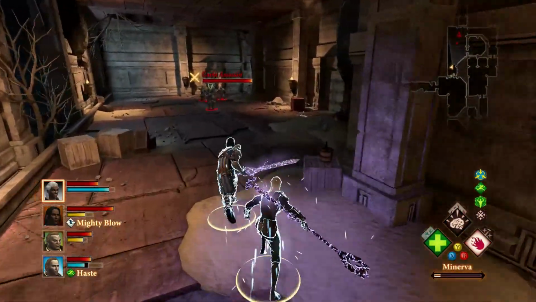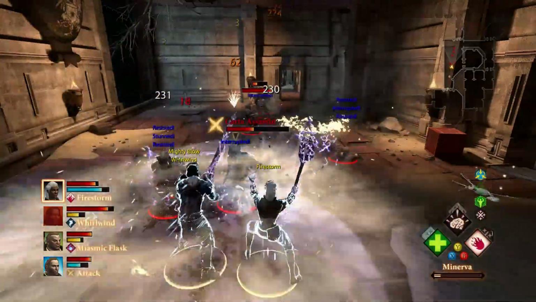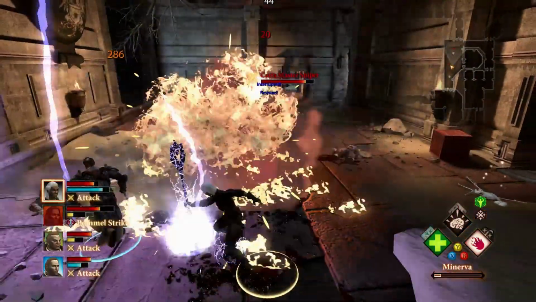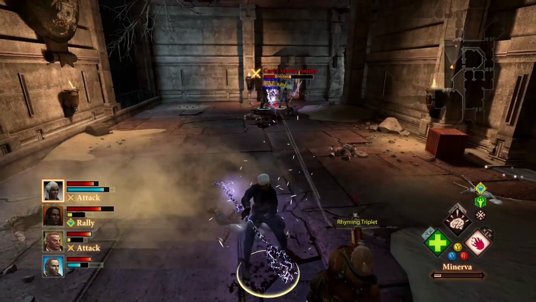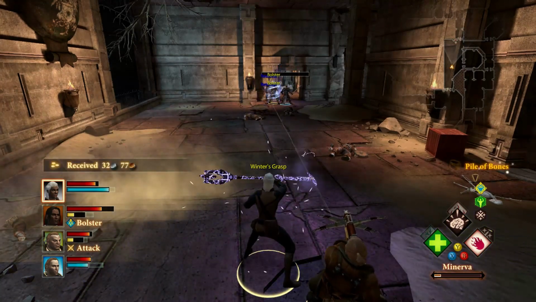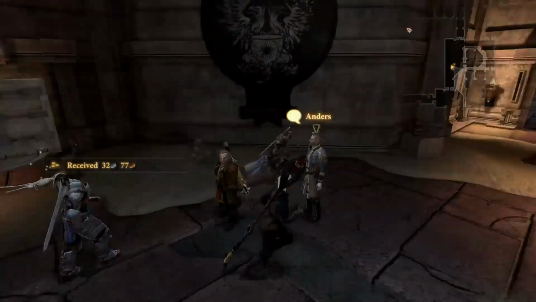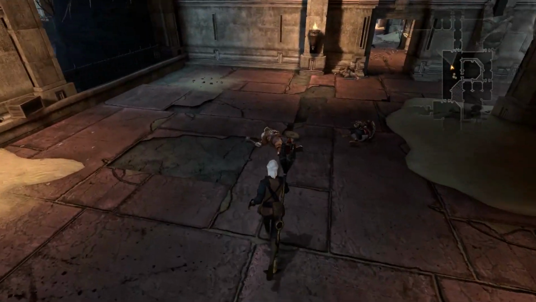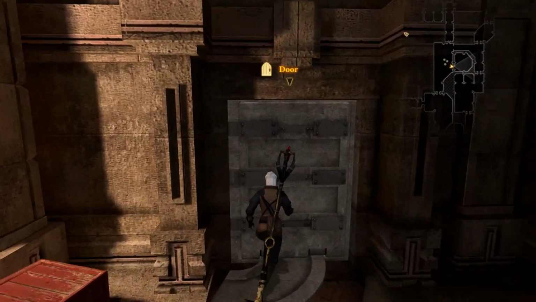Oh. Yes, Carta assassins. That was beautiful! 32 silver, 77 copper. There's a pile of bones next to a door with a flawed ruby in it. And that's about it. There's a door over here that we can go through